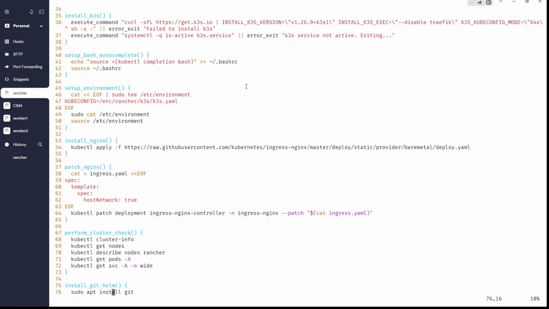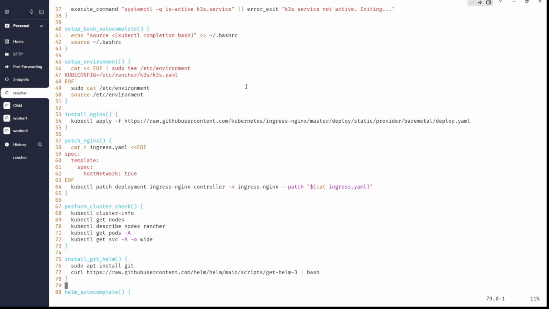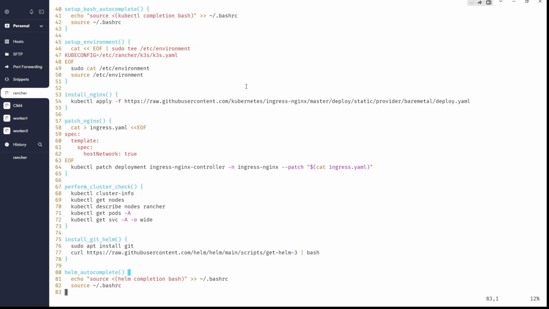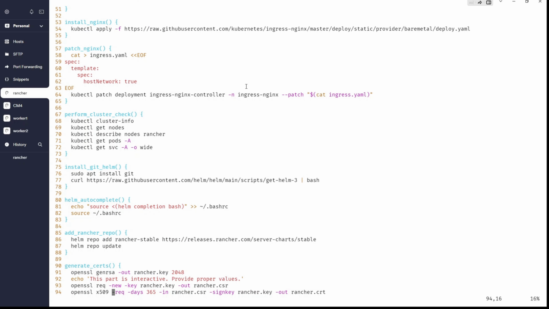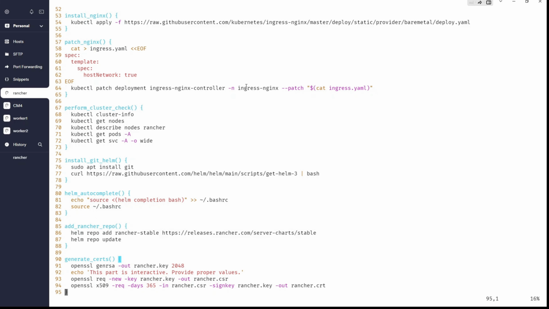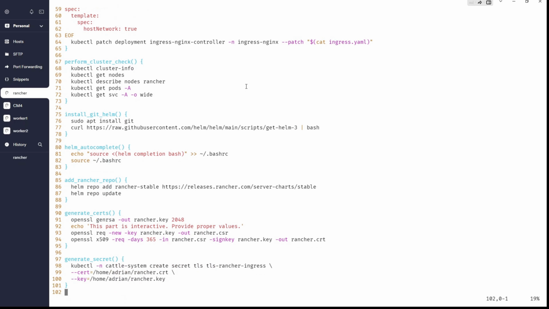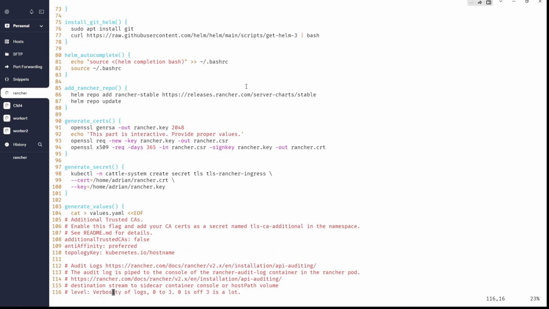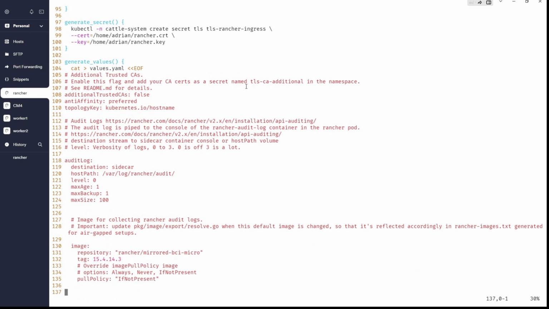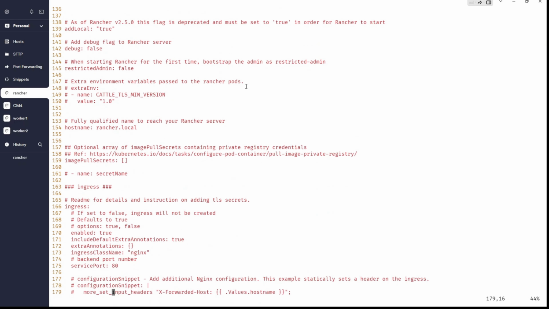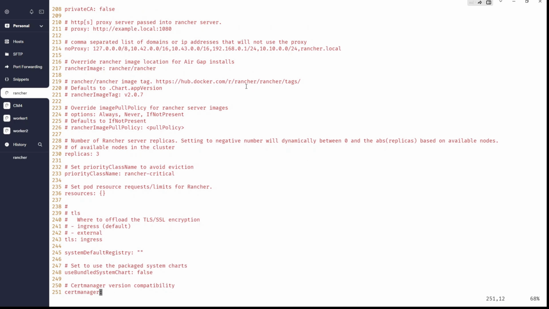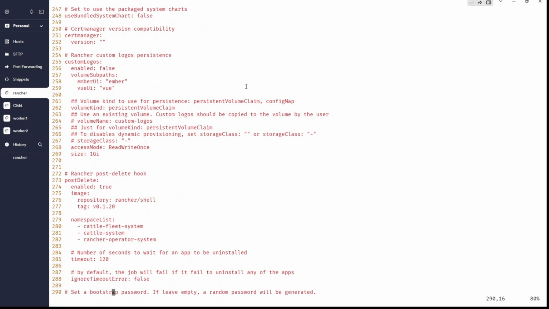Okay, now just perform cluster checks. So simple commands to check status of the cluster. Install git for Helm, and then install Helm. Of course, we are adding Helm autocomplete here, to be able to perform Helm commands. And after that, we are generating certificates. We are generating secret and values file, and I explained it, so there's no time for this. And at the end, you can of course analyze these